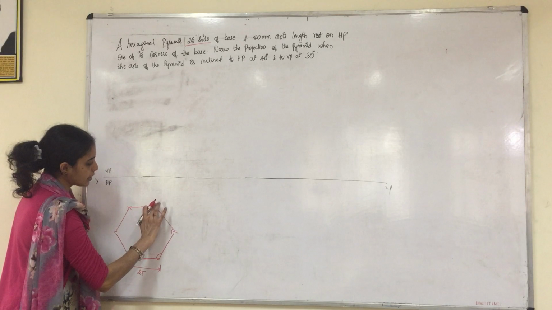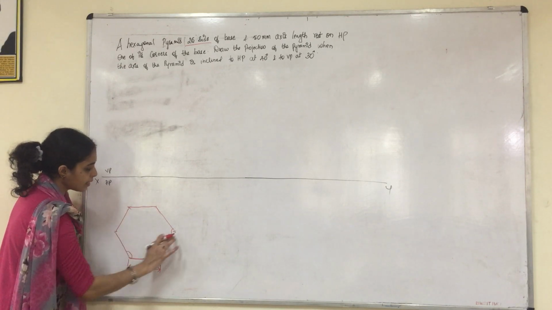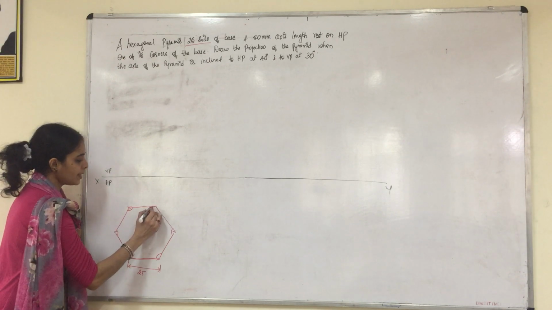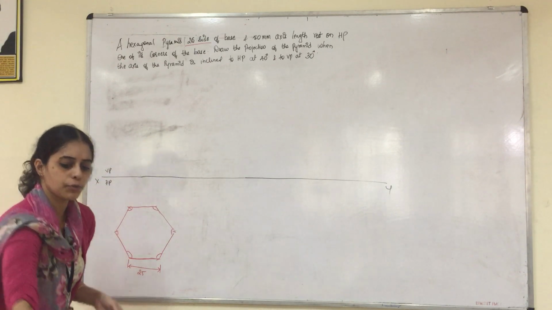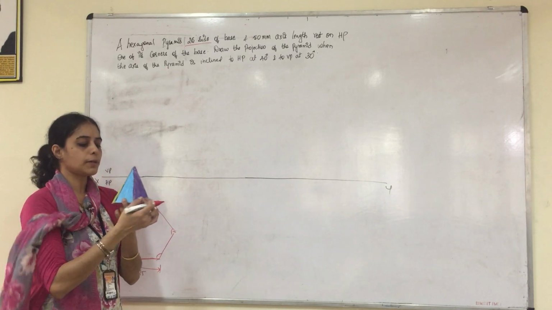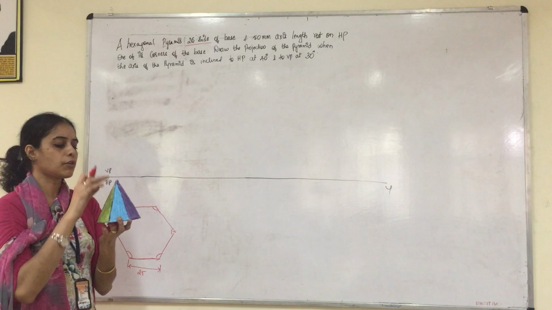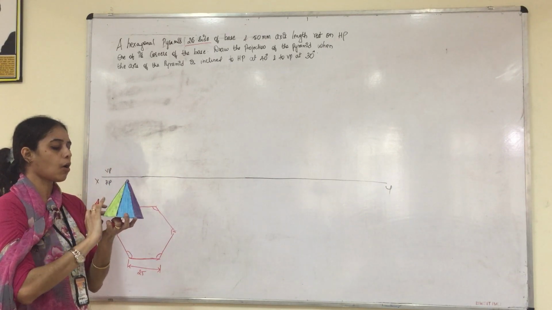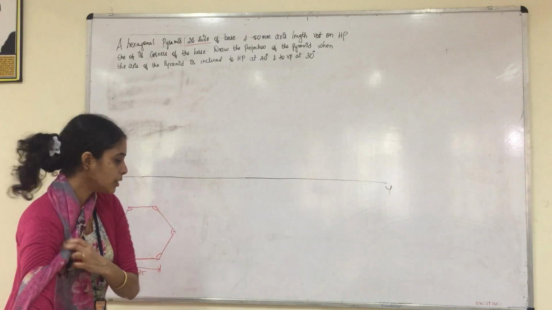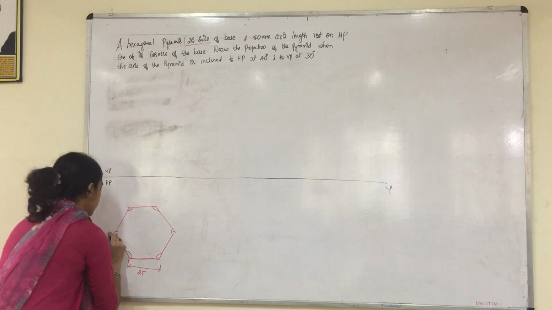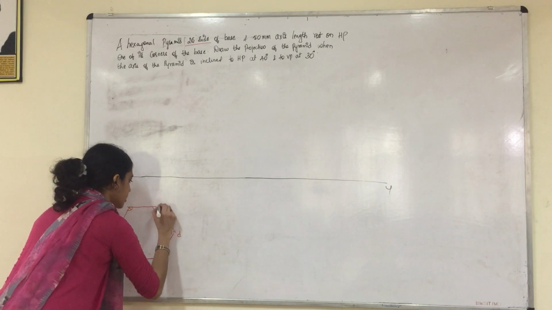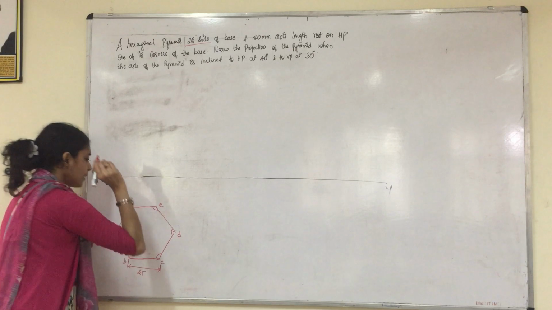Right? You have constructed the true shape of the pentagonal pyramid over here. So each interior angle here will be 120. So when you view this pyramid from the top, the bottom base will be visible. So we'll give names for the bottom base. When you view from the top, all the sides of the hexagonal pyramid will be visible. So we name them as A, B, C, D, E and F.